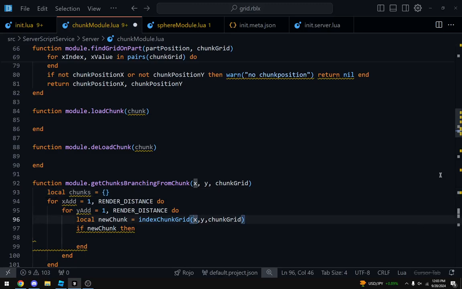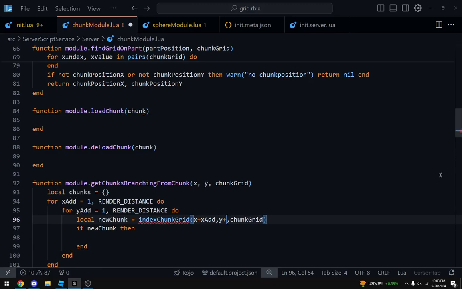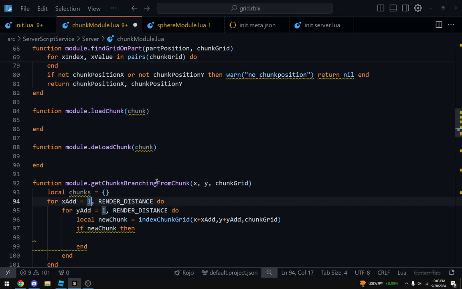If plus x add plus y add, and we want to do negative render distance to render distance.